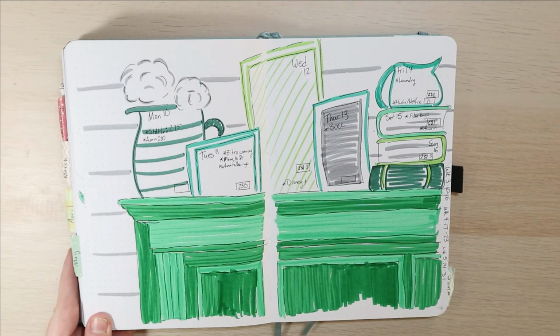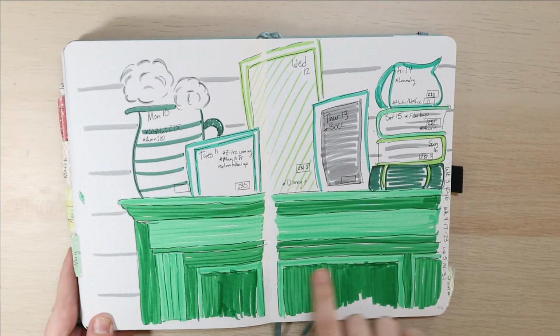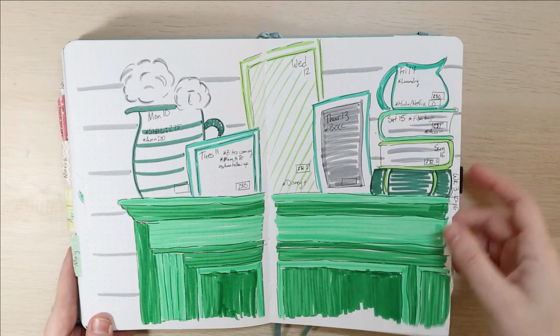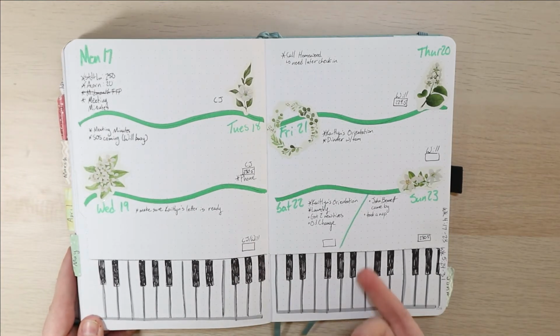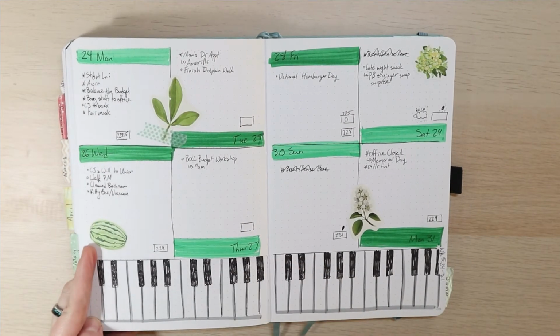This was my favorite weekly spread of the whole year, hands down. I was just so creative. I had so much fun with it. It didn't leave me much room to write things in certain days, but I tried to make sure that the days that it didn't have much space, I didn't need to write much. And then here's a little Dutch door with the keyboard at the bottom, and then we move right into the